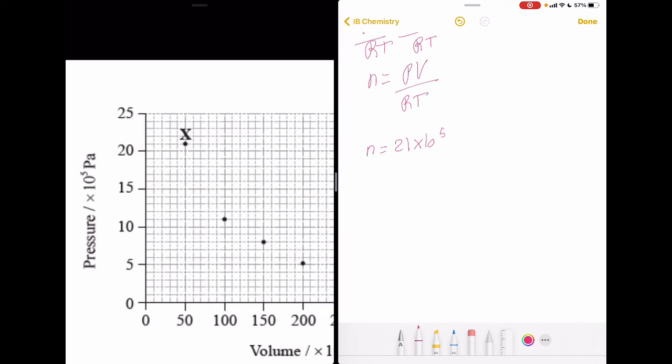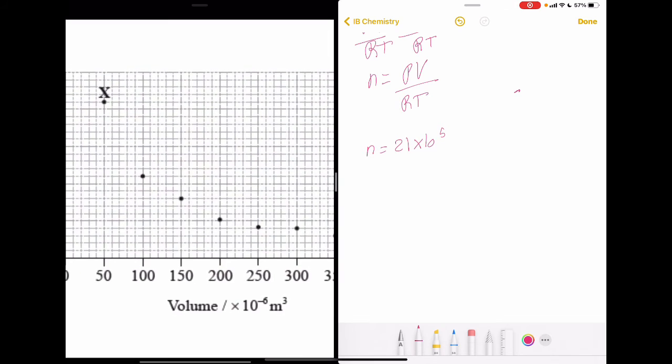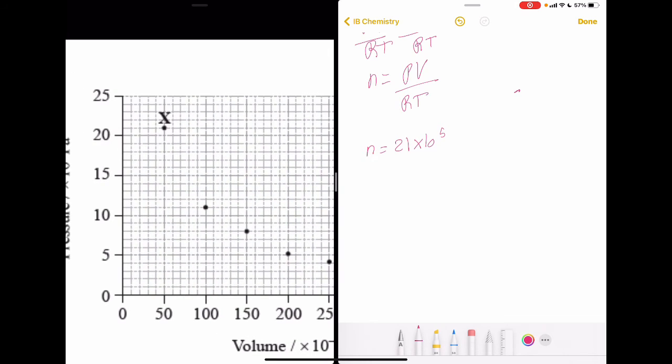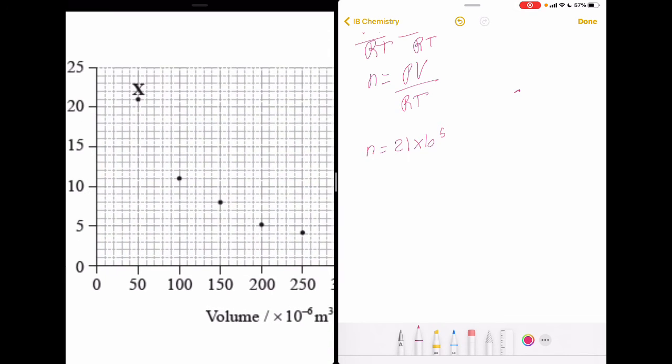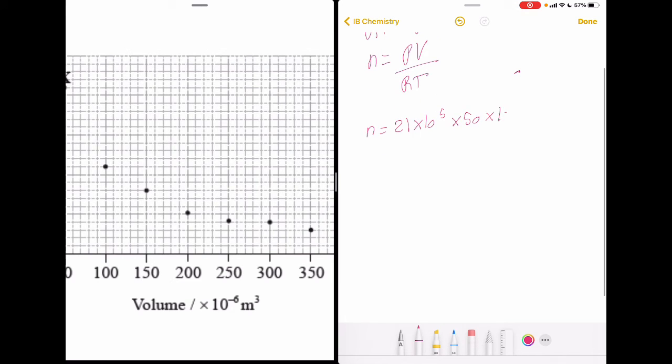And then times, if you look at the formula here, n equals PV, so pressure times volume. And if you look at the point here, you're going to find that the volume is 50. So it's times 50. And if you look at the label for volume again, you're going to find that this volume is multiplied by 10 to the power of negative 6. So 50 times 10 to the power of negative 6,